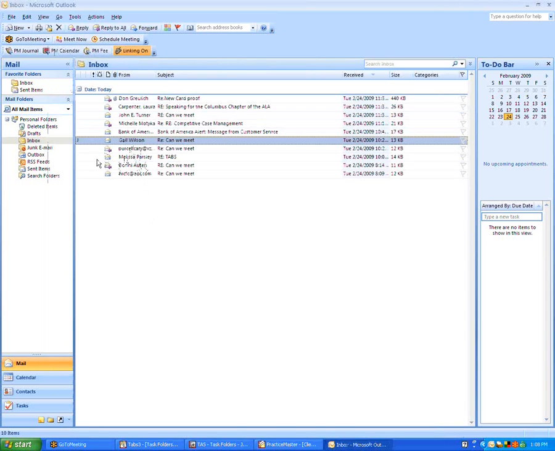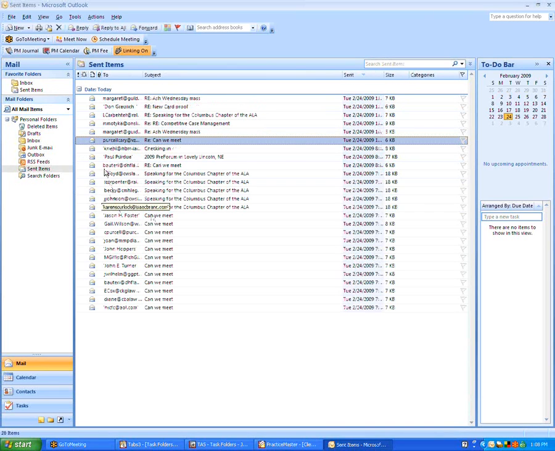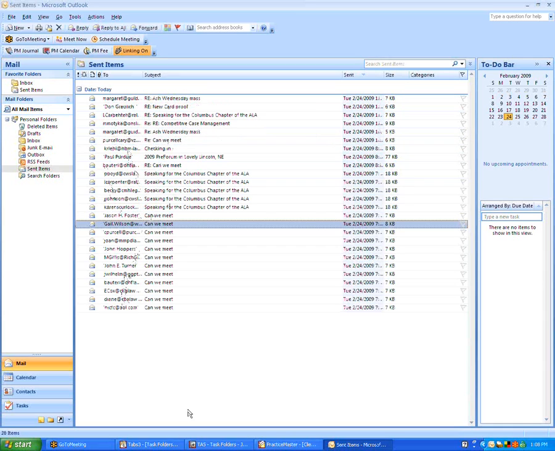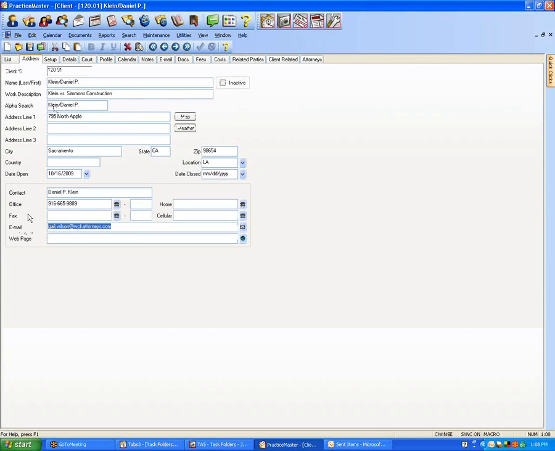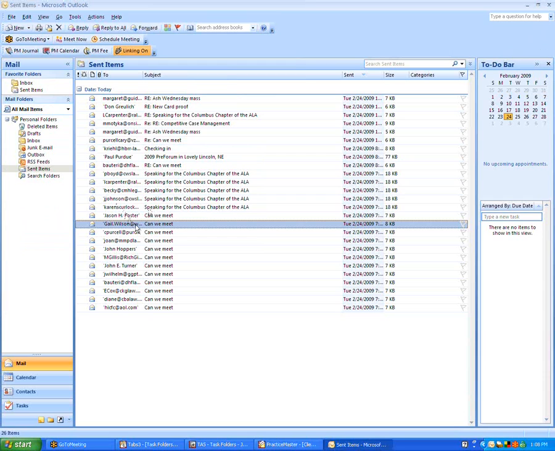That said, if you're not using this, you're probably thinking, well, what is journaling an email? Well, I'm going to my sent items. If I send an email, let's say to Gail Wilson, who is one of my clients, I took some of my email and put it in here, and I happen to have set up this client as having Gail Wilson's email address, even though Daniel Klein and Gail Wilson are different people. But let's pretend that Gail Wilson is Daniel Klein's secretary and she reads all his email. So if I have set up Daniel Klein as having that email address, and I go into my sent items and I highlight this email and I say journal it by clicking the PM Journal button,